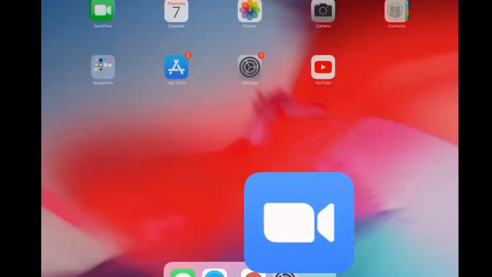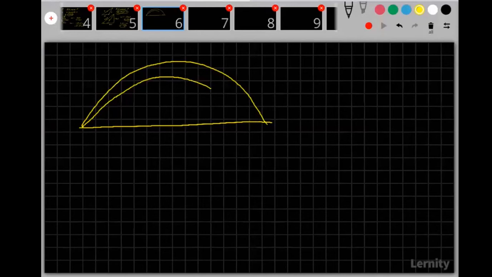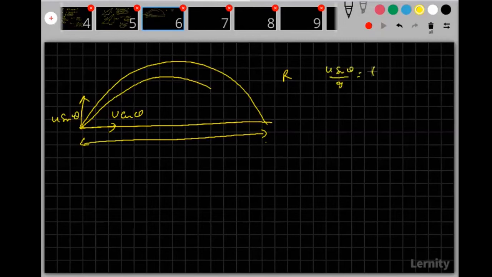Two particles are projected from the same point with the same speed u such that they have the same range. So they are projected with the same speed u. So if they have the same range, range means what? Range is this distance from here to here. So remember, any projectile motion, everything will depend only on the time of flight. So time of flight is very important. So this horizontal velocity is u cos theta, vertical velocity is u sin theta. So here u sin theta by g, this is the time taken to go up. So time taken to go up is time taken to come down. So this is the total time of flight.